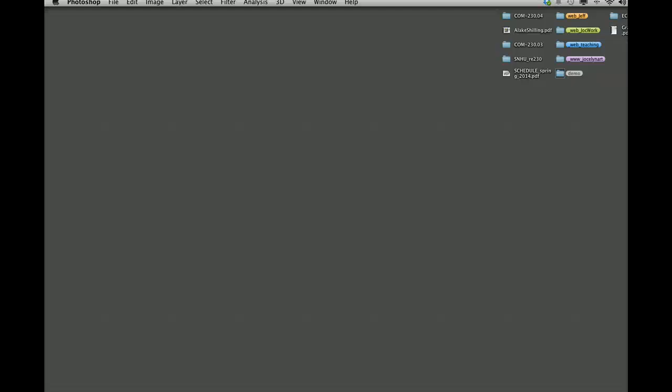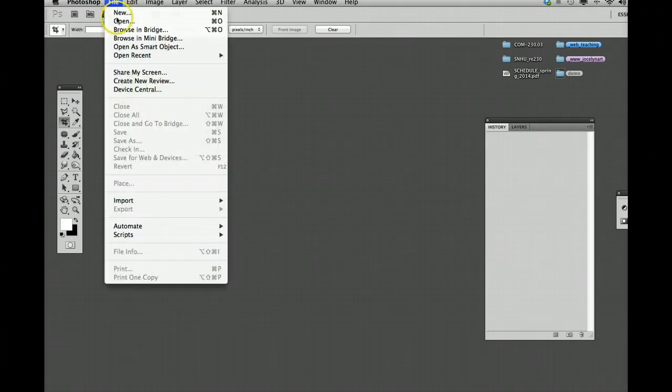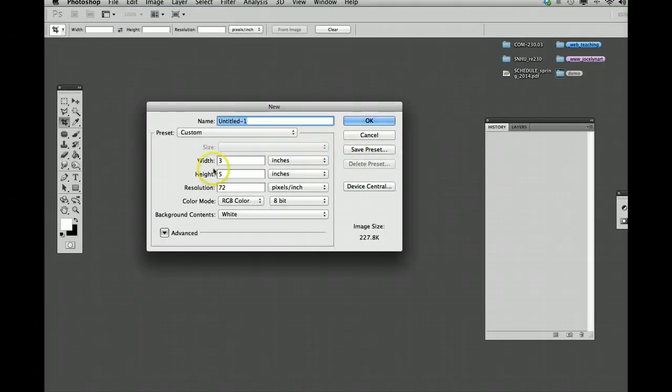Hi, so now we're going to learn how to make a mini stop motion animation using Adobe Photoshop CS5.5. First of all, we are going to need to make a new document in some size. In regards to what my students are looking at, it's going to either be 640 by 480 or vice versa. So I'm going to make a document that is